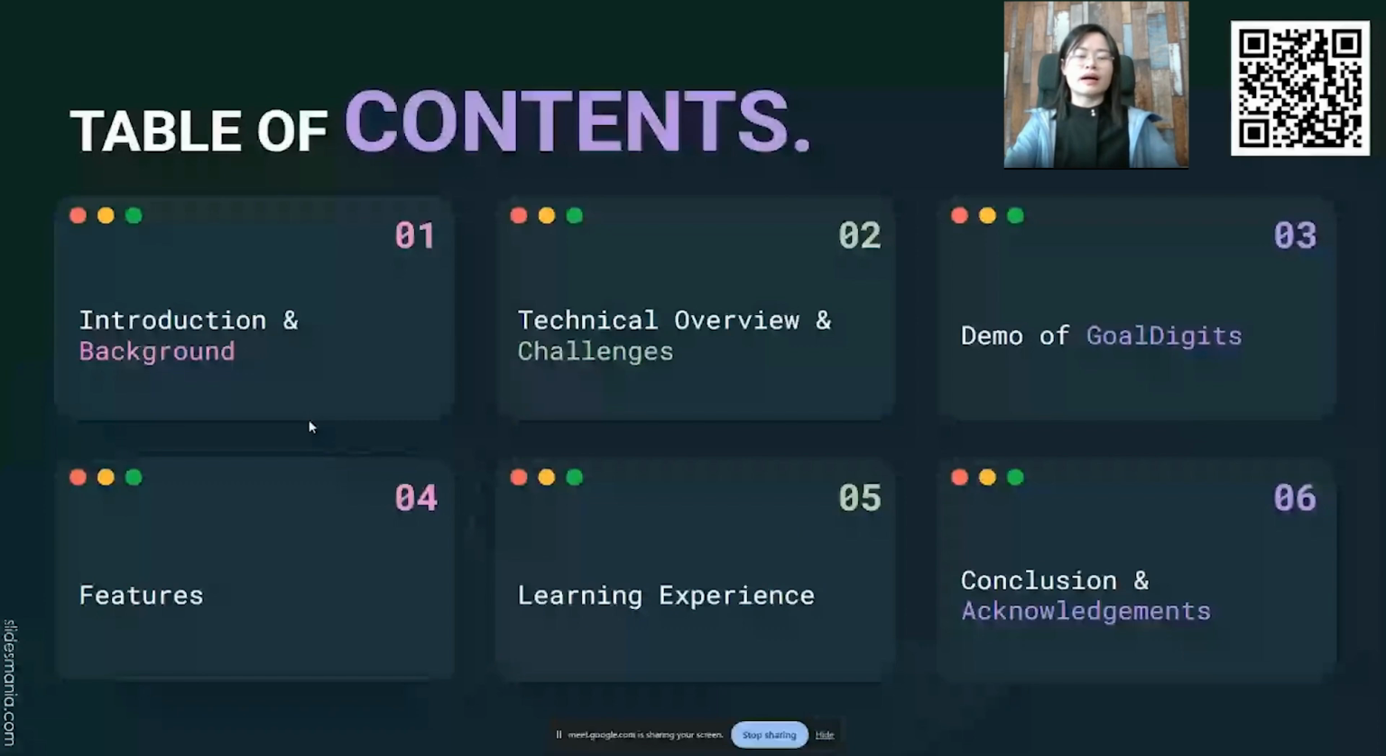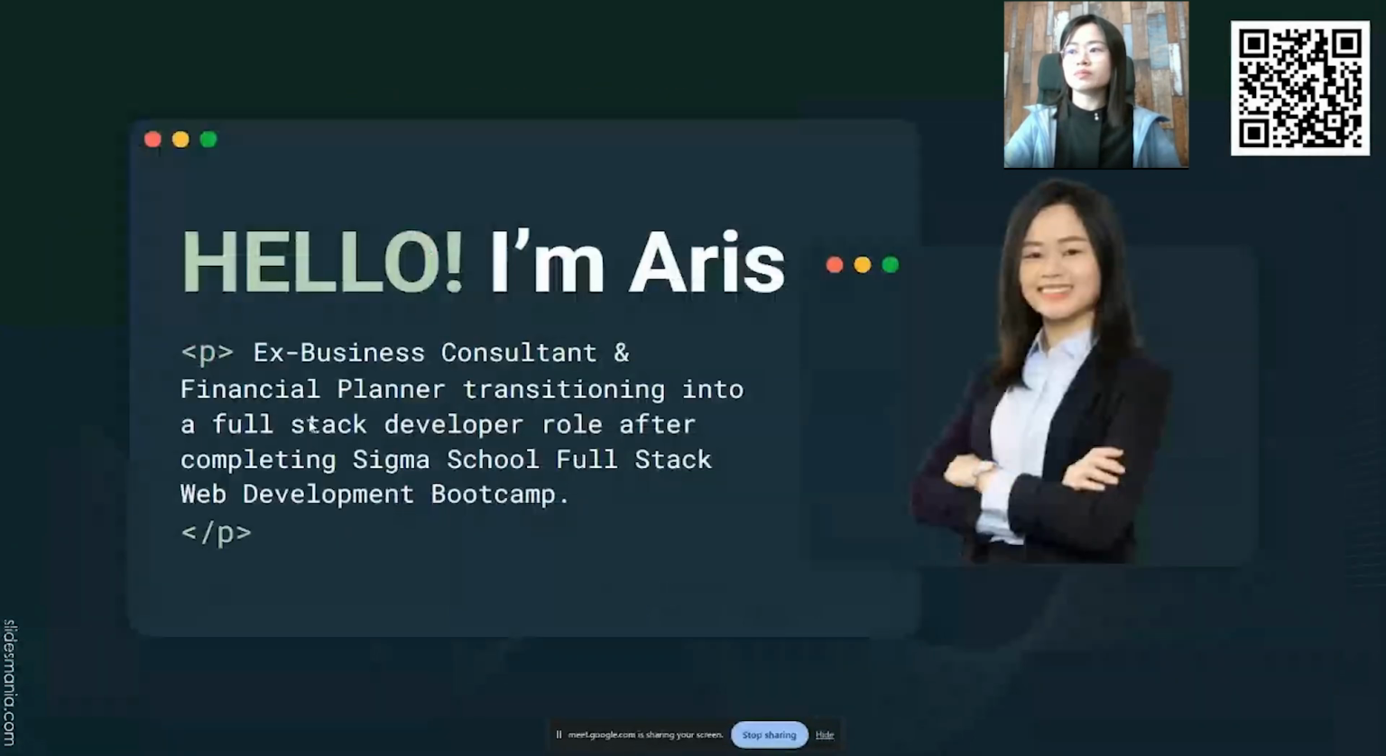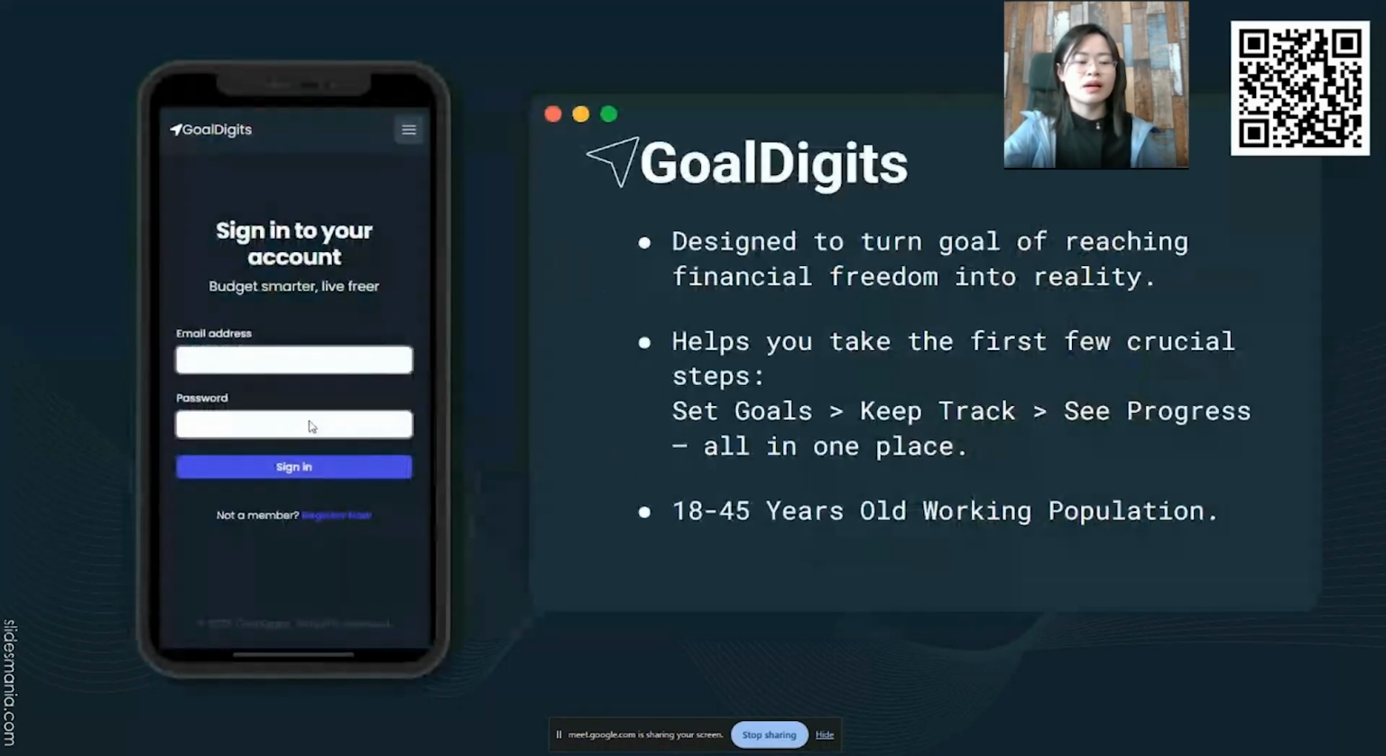So this is a high level of what I'm going to be sharing. So just a quick introduction of myself. I'm an ex-business consultant and financial planner transitioning into a full-stack developer role, just like you, completing Sigmaschool full-stack development bootcamp today. And one of the main drives on why I chose this as my capstone project is throughout my past 6